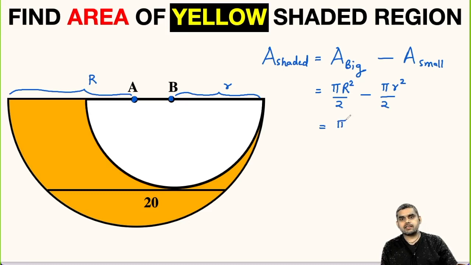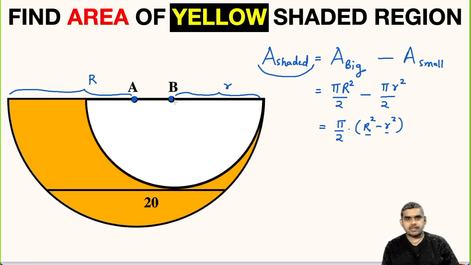Here we can take out pi by 2 as common, and we will have capital R squared minus small r squared. So if we get the value of capital R and small r, we can compute the area of the shaded region. So for that, let us do one modification, and the modification is to draw